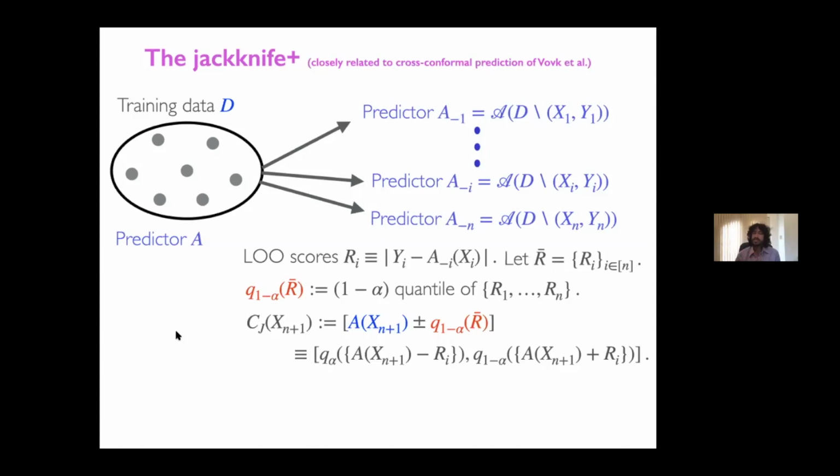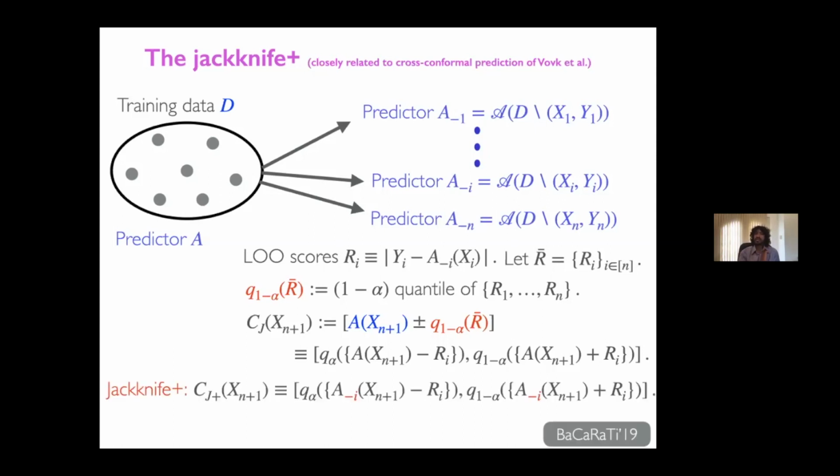Okay, so essentially the reason why Jackknife fails, and that's exploited in the construction to show that it fails, is that there's a mismatch between A and R_i in this formula for the alpha quantile. Essentially, R_i was constructed using A minus i, but we're applying it to A, and we have not made any assumptions on how A and A minus i might be related. And so we're going to define the Jackknife Plus interval as